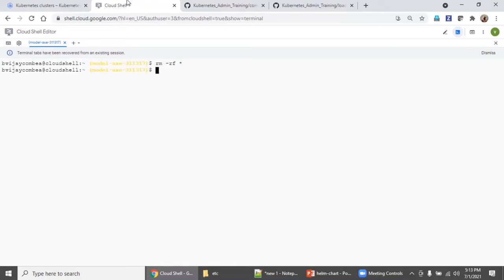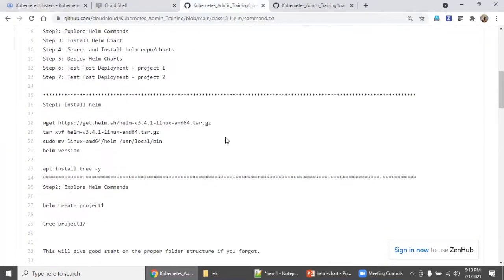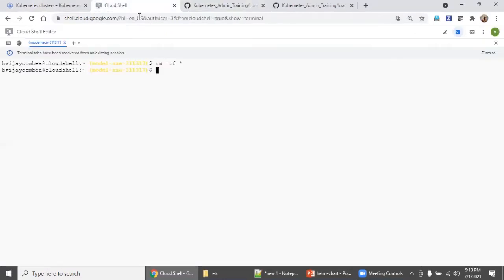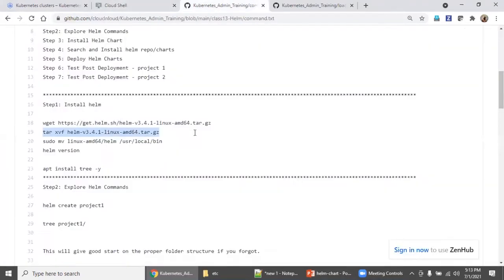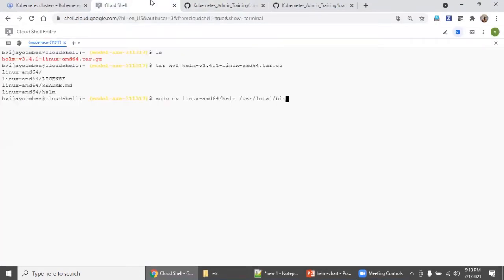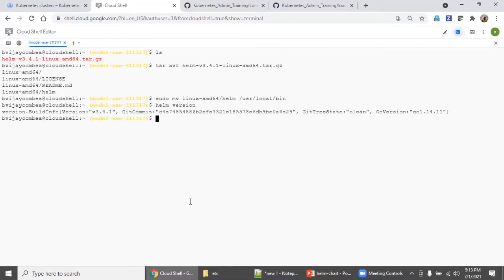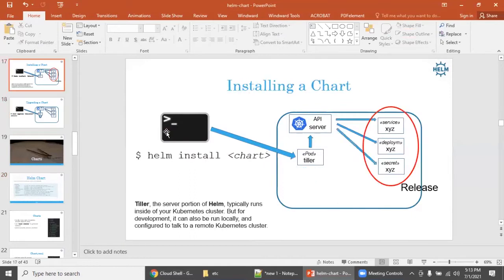Okay, now go here and download the binary Helm executable. So we have downloaded, right? Let's extract it because it's a tar.gz format, and then we will move it to the binary directory, /usr/local/bin. Now run helm version to make sure what version you have. So it's version 3.4.1, which is what I just gave some time back.